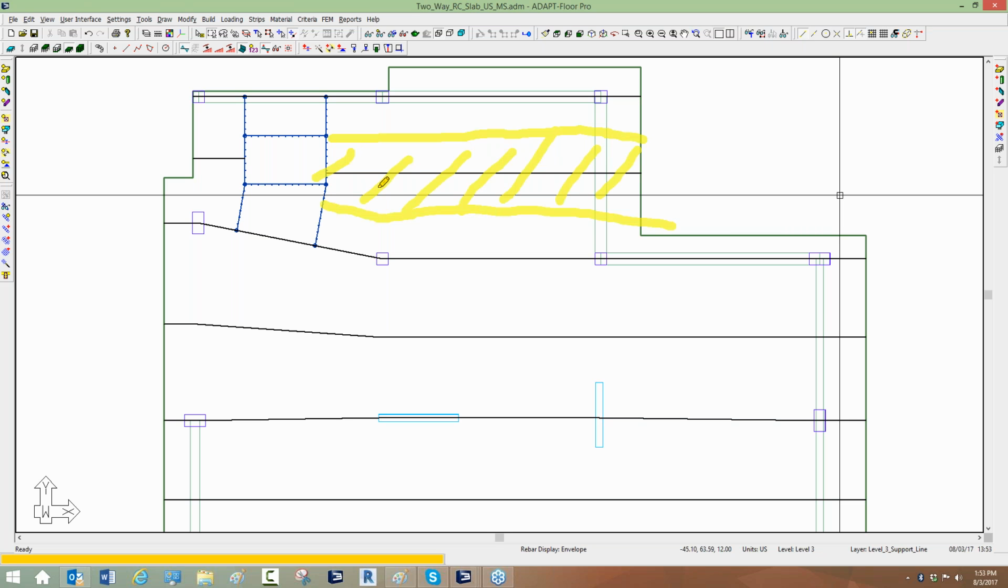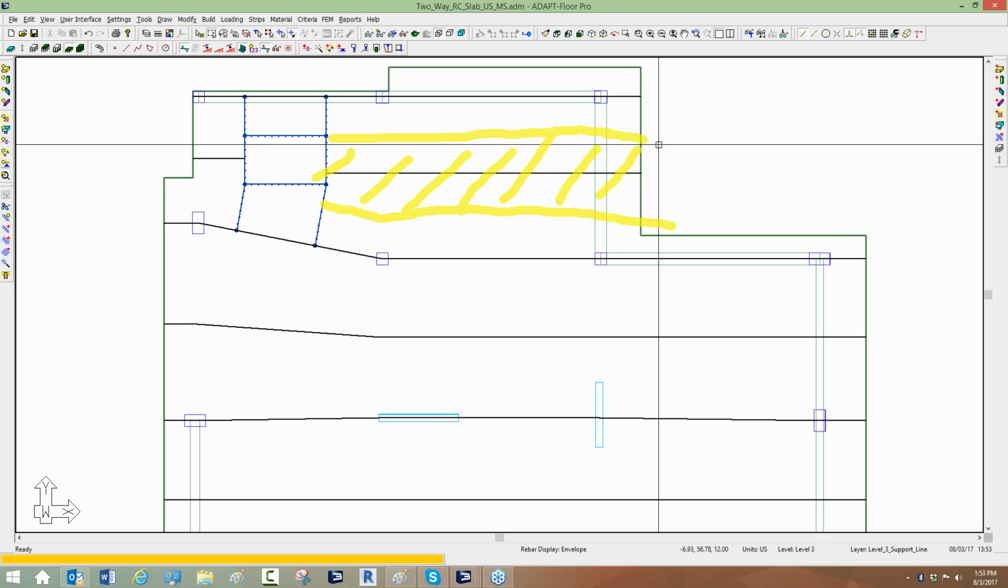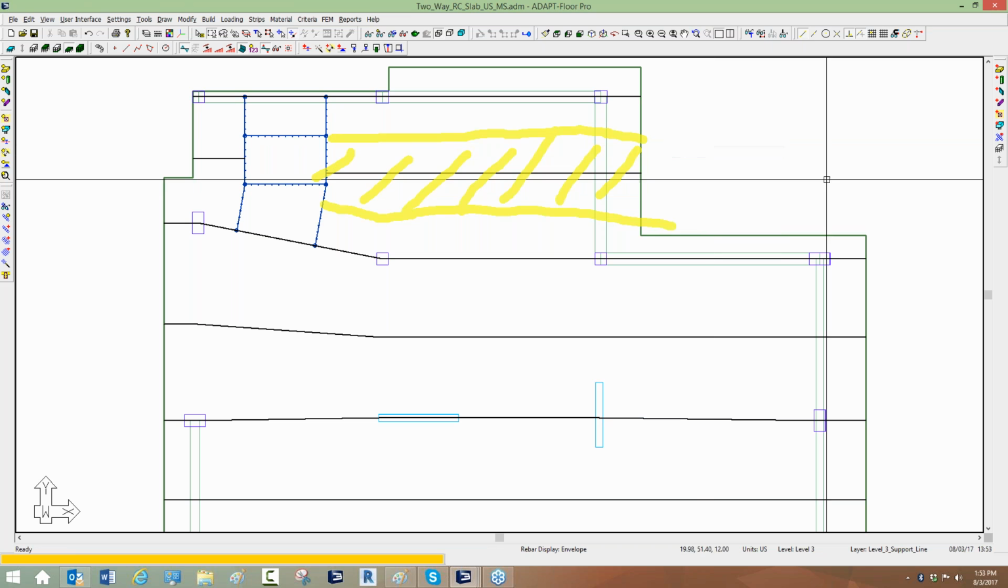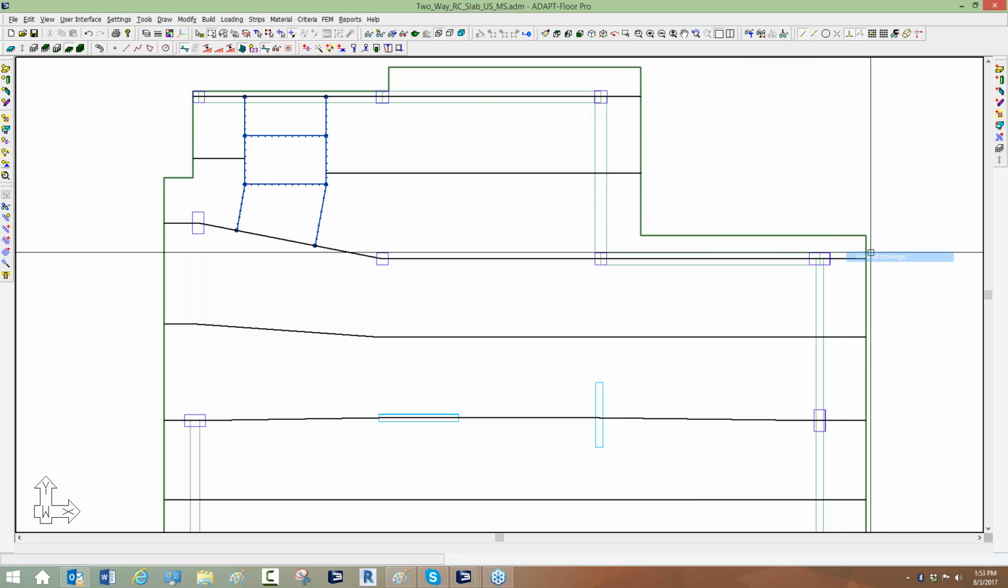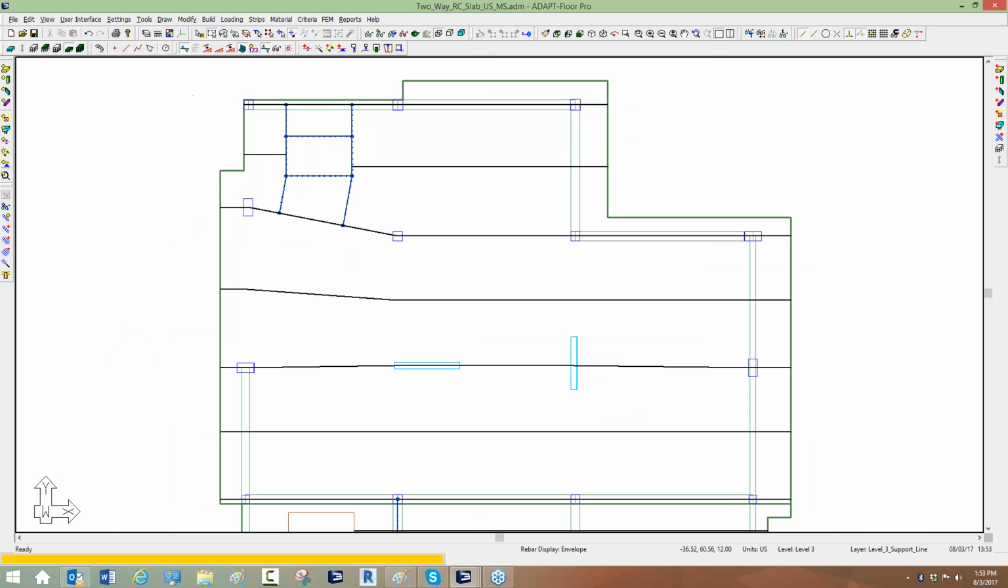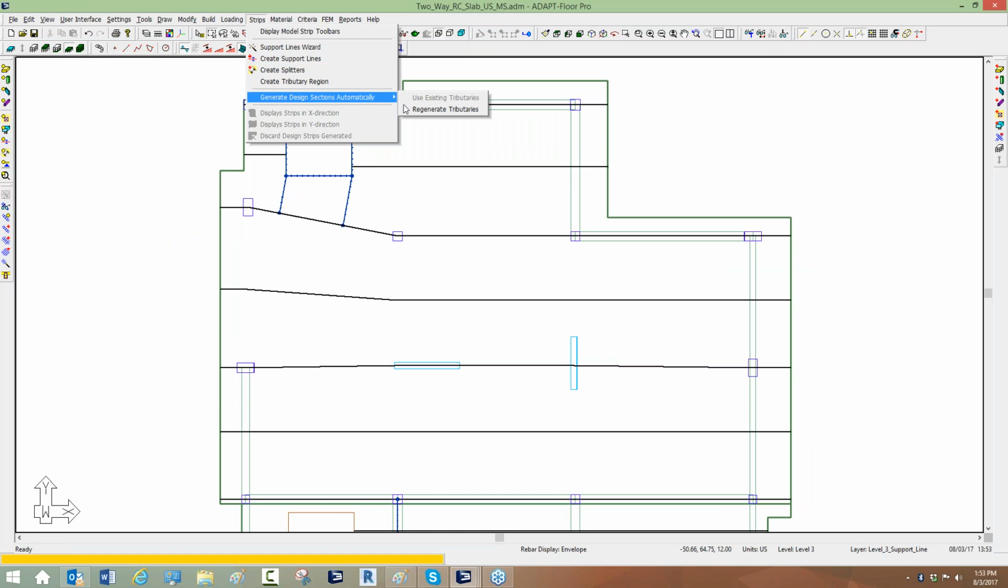Now, if you want the ability to define how wide the strip becomes, then you have to include what we call splitters, which are these blue little tick-marked lines. And I could add splitters to any location. For example, let me go ahead and clear the drawing again. If I generate my design strips for this example,